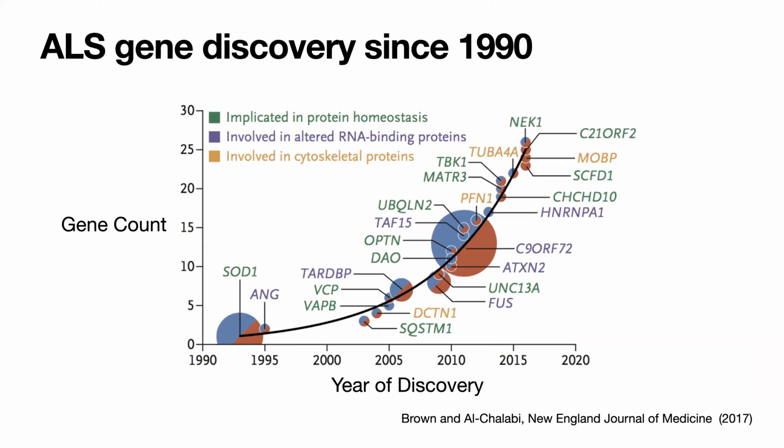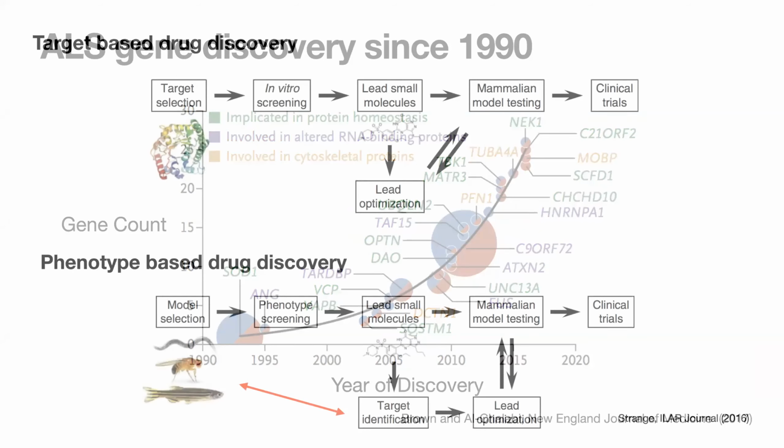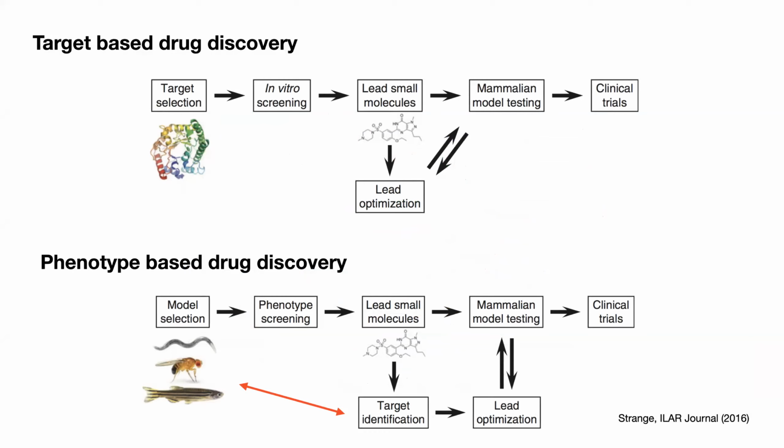And this is a review from a few years ago. You can group these proteins into protein homeostasis, RNA binding proteins, of course, and cytoskeletal proteins are involved. While that's interesting, in terms of drug discovery, it's still a little complicated because if you're looking at a traditional, classic target-based drug discovery mechanism, you need a target, you do screening, you find molecules, you optimize, mammals, clinical trials. But there's no consensus for what the main mechanism is involved in ALS,